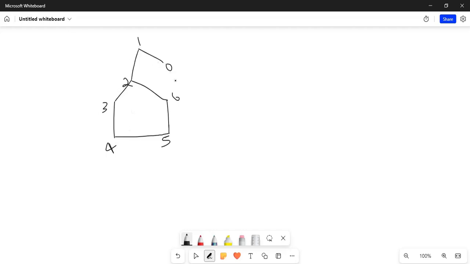And the question is to find the least distance between node 2 and node 6. So what will be the actual answer? The actual answer will be this distance, and the edge is of 1 unit, so 1 unit will be the correct answer. But if you try to solve this problem using DFS, that means finding the minimum distance between node 2 and 6,